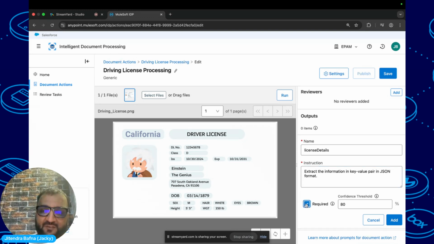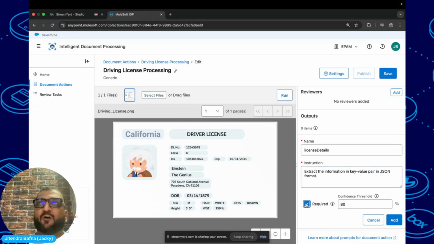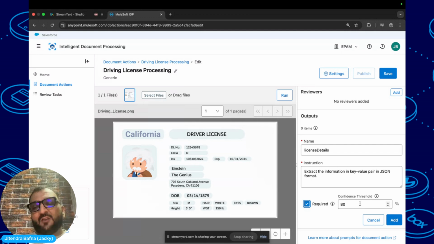So what is the significance of that? Whenever you are writing the prompt, you say this particular prompt is acceptable if the confidence threshold is 80 or greater than 80%. Whenever it extracts the information, it gives a confidence score, right? So I'm saying if the confidence score is greater than or equal to 80, then the extracted information is valid. In case this field is mandatory and the validation fails, the document will move into the status called manual validation required,